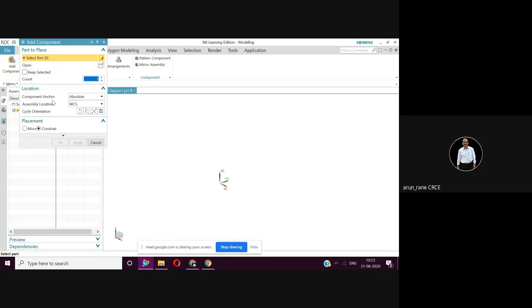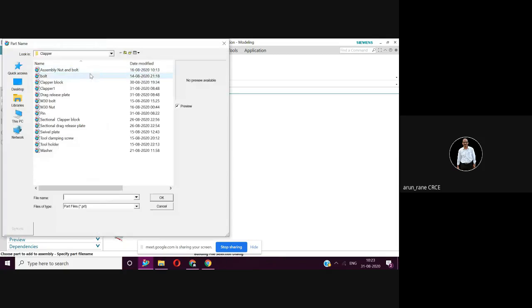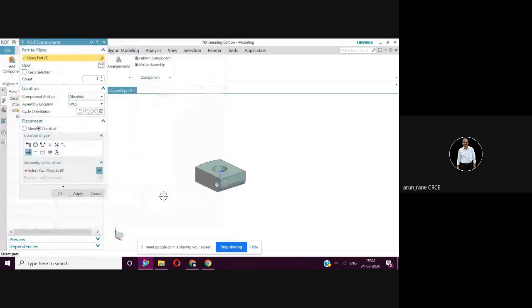Now with this you know the component is an anchor, that means that is our base component, the one which we have made stand, and on top of it we are adding everything. So open your folder. First is the drag release plate. We have a preview here. Say okay.